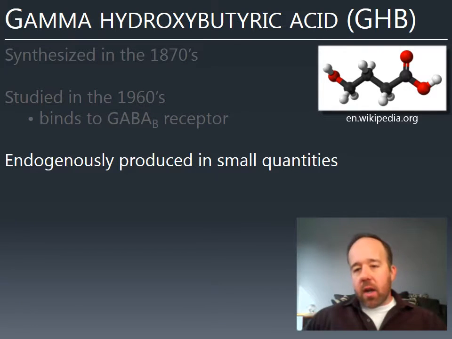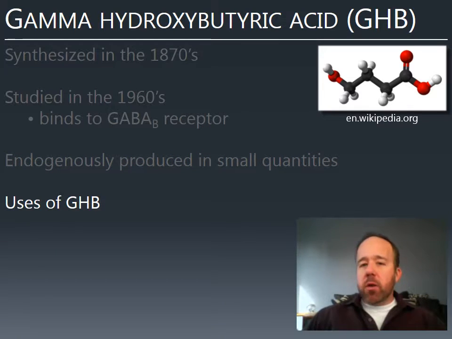GHB, as I said at the beginning of last session, the depressants we'll talk about for the most part are synthetic. But GHB actually occurs naturally. Our bodies produce it in small quantities. Now, for the drug, it's synthesized, but of course, chemically they're identical. The drug produced synthetically is the same as the substance that's produced by our bodies. It just happens that it's produced in larger quantities, and so it's not efficient to try and harvest it from a natural source. But anyway, GHB is a depressant that does occur naturally.